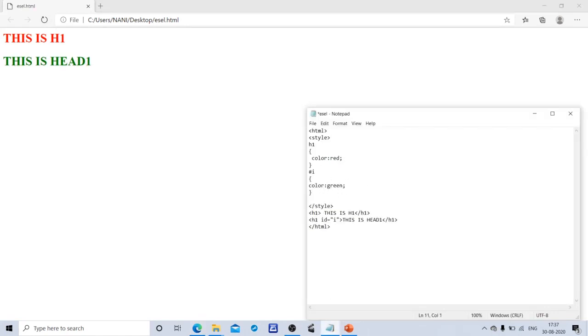Then I can use the class selector also. Dot c, class declaration, property name color, blue, and I have to use class c on h1. This is heading 1.